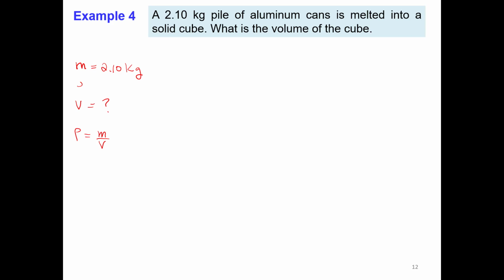Then let's write this here. Now one more thing. The next thing we have to check is if the units are consistent. In this case, we have kilograms and we have grams per cubic centimeter. And we can see the units of the mass are not consistent. We have kilograms here, we have grams here. And we need to do something to get consistent units. There are two possibilities. You can convert the kilograms into grams, or you can change the grams per cubic centimeter into kilograms per cubic meter. As I will write here, one option is to convert, and the other option is to convert